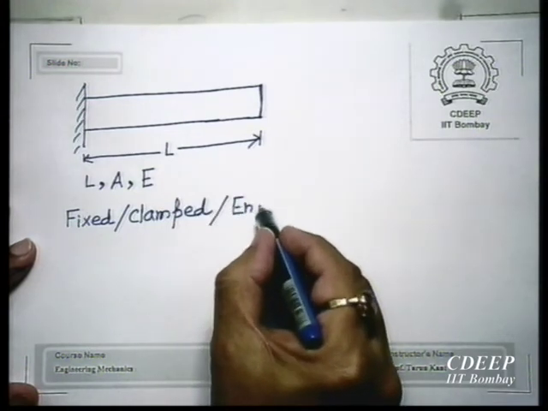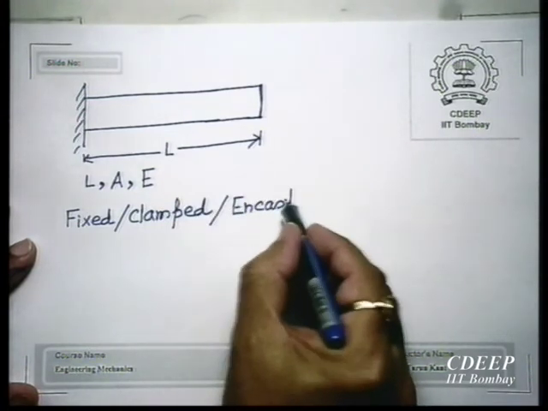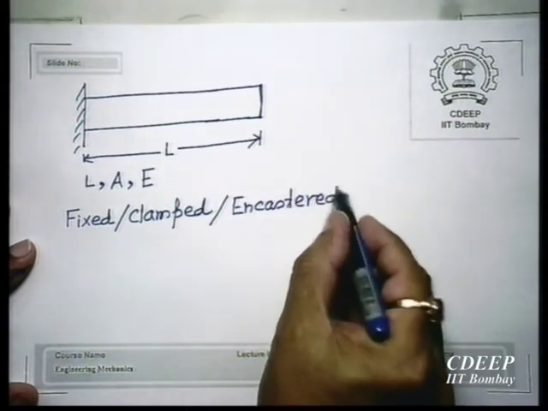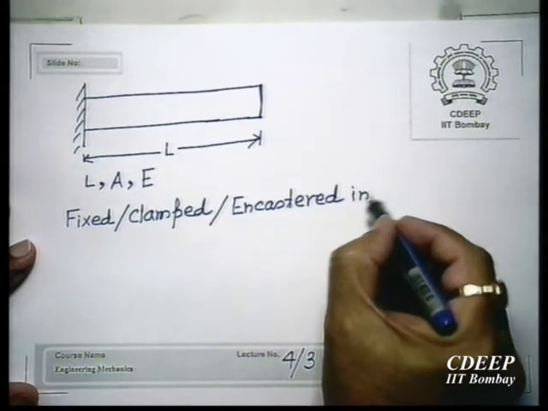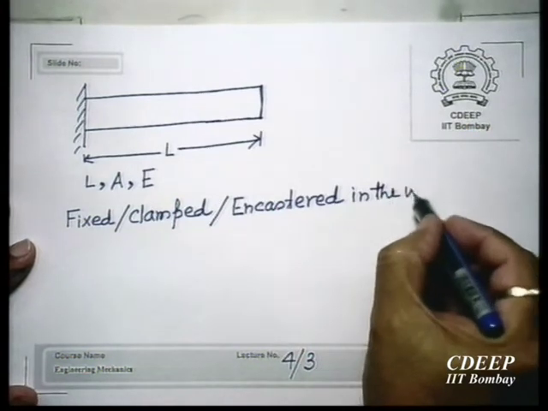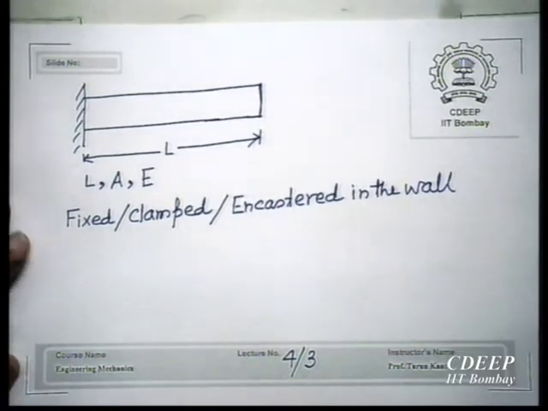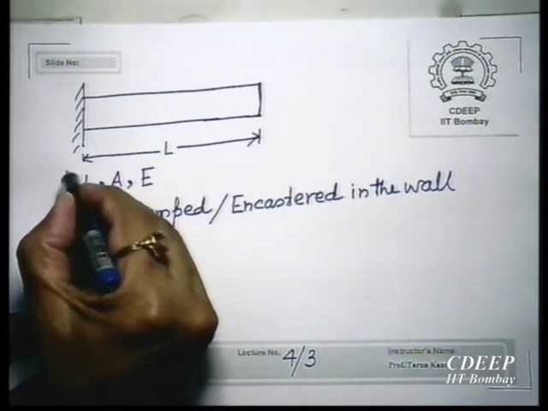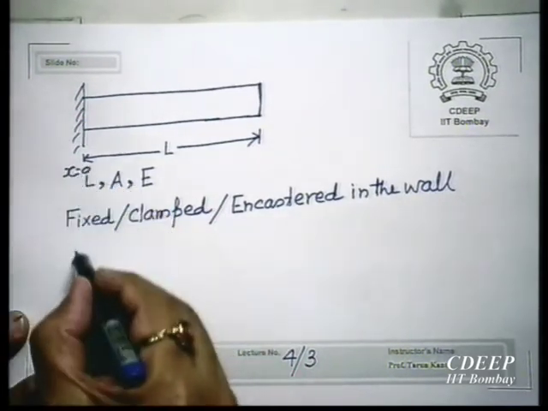E-N-C-A-S-T-E-R-E-D, encastered in the wall, fixed in the wall, clamped in the wall, if you want to. So, okay, one end is fixed. So, end 1 is fixed, that is x equal to 0. So, at x equal to 0,